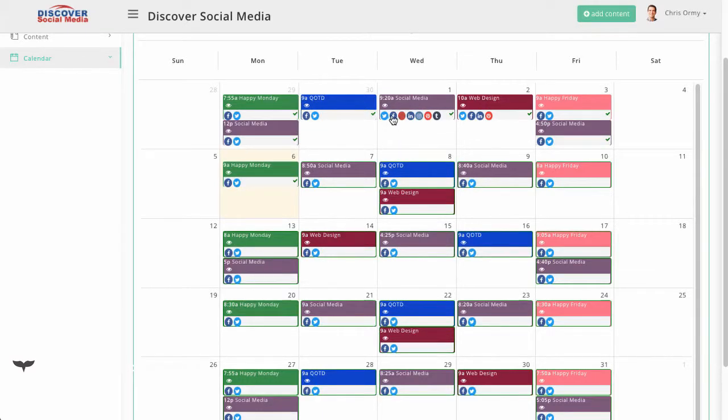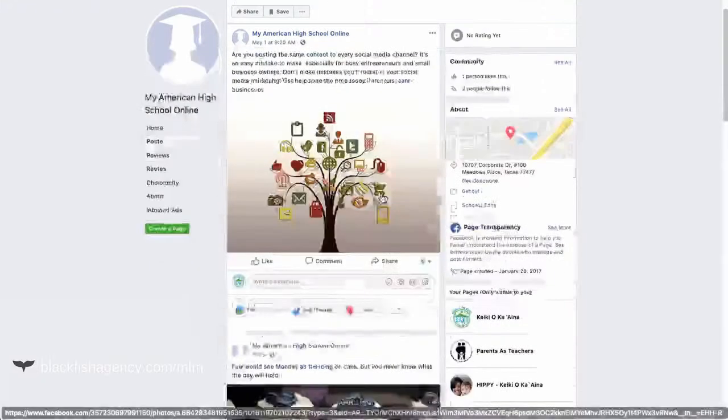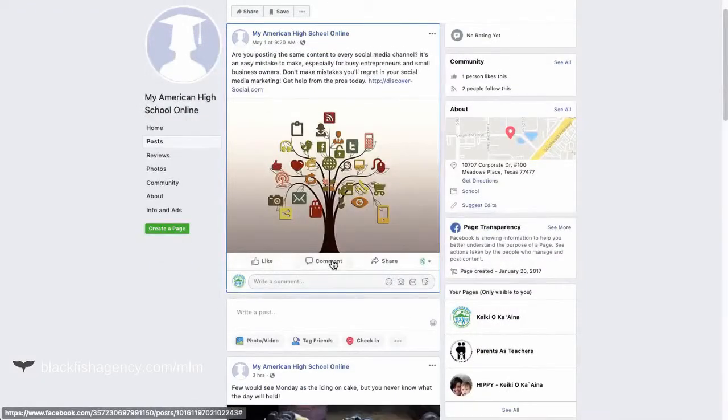And then once it's posted, if you click right here on Facebook, it'll take you right to the post that showed up on Facebook. So they can click around and see where everything's posted, whether it's on Twitter, Facebook, Pinterest, LinkedIn, Google My Business, all those places. And we'll show everybody how to set up those social networks that maybe they don't know how to do as well. So they should be able to get all of them if they want to.